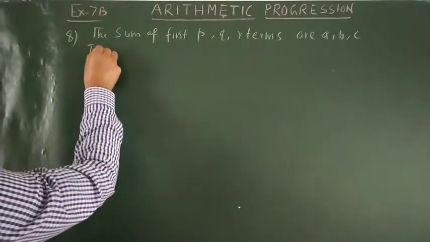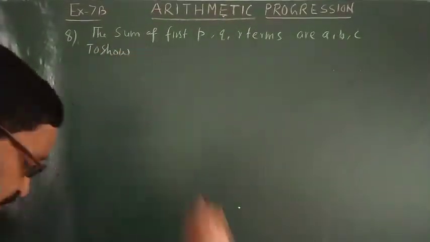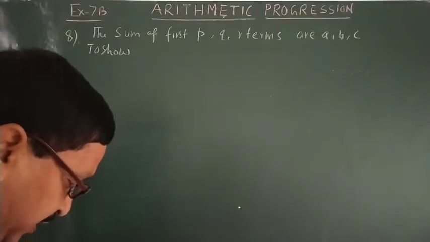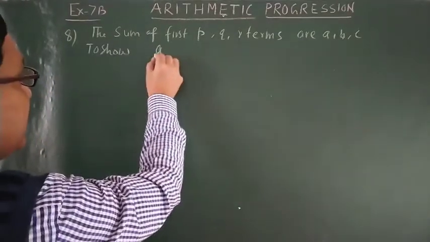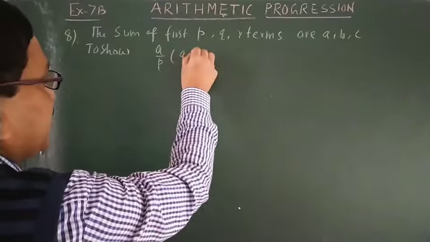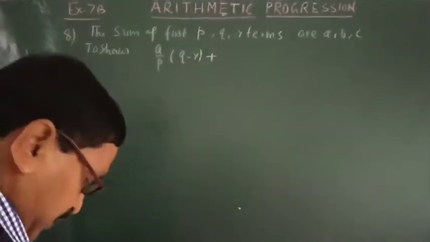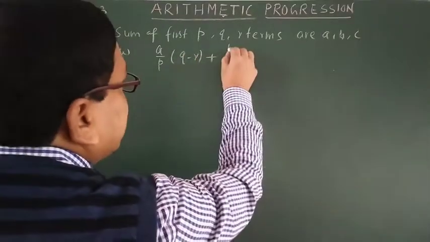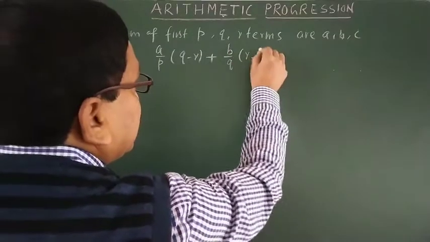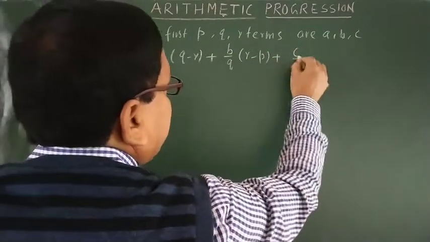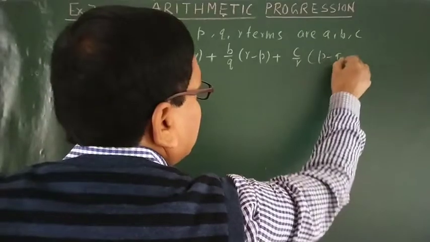So we have to prove that a by p (q minus r) plus b by q (r minus p) plus c by r (p minus q)